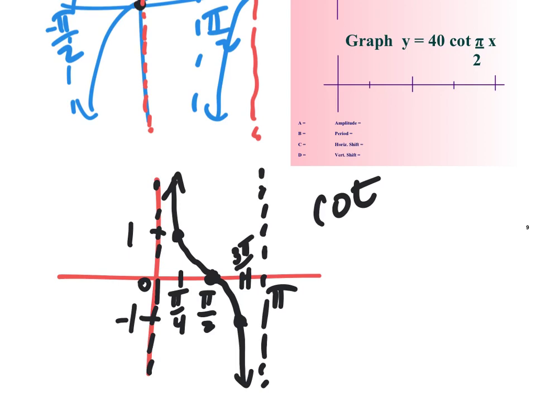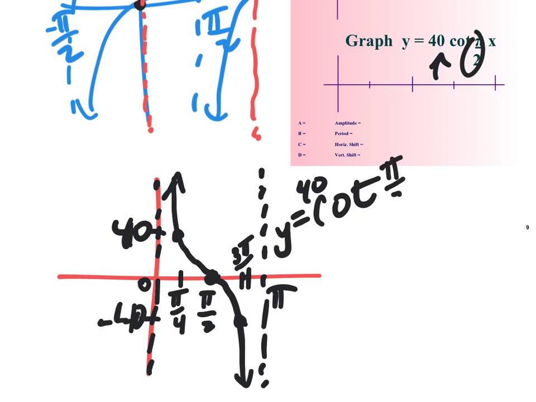And of course, we can do all those things where, what if we say we want it to be 40 cotangent? Okay, if I was going to graph 40 cotangent, I would change this to 40 and this to -40. And then what if we put a number in here in front of the x? Like if I wanted to put it as pi over 2x, then pi over 2, I can change that to be